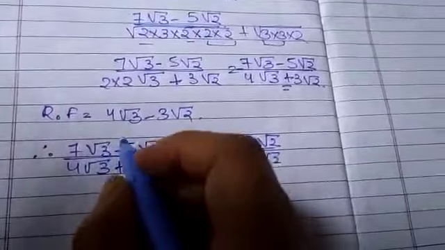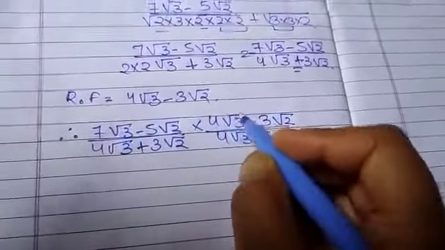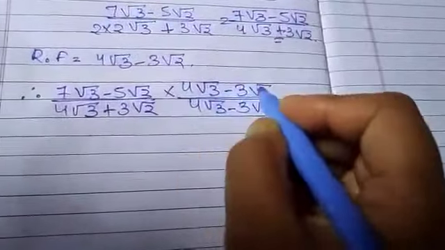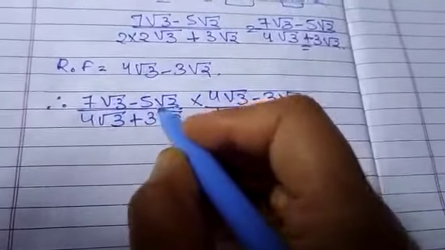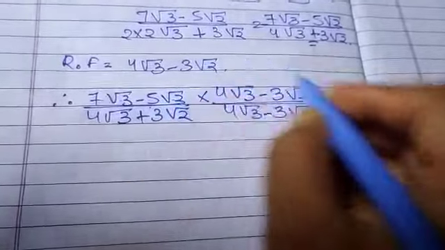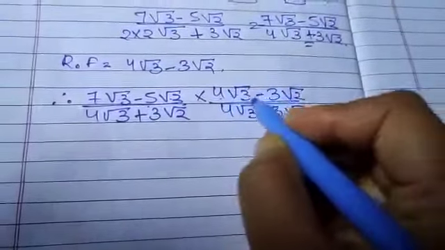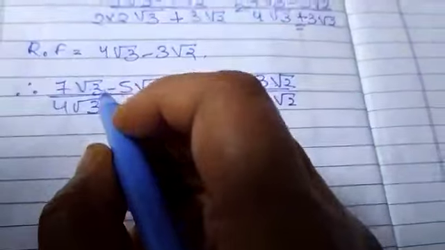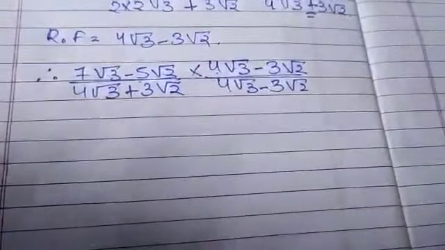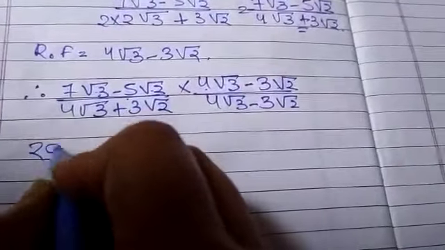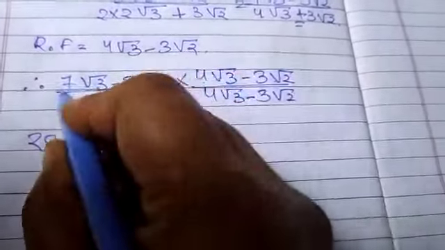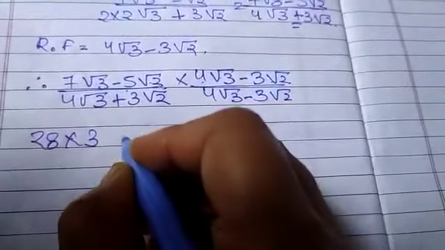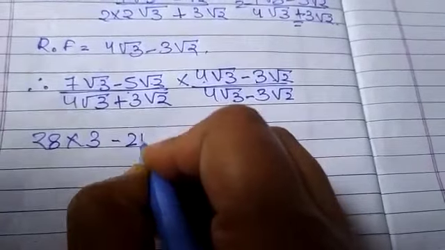Now same thing, a plus b and a minus b, and a, b minus c, d. Multiply it all together. This is multiplied by these two terms, then minus sign in between, and this is multiplied by these two terms, this 4 and 3. So let's multiply. 7 4s will be 28 and under root 3 into under root 3 will be 3. Correct? Now 7 3s are 21, minus 21.